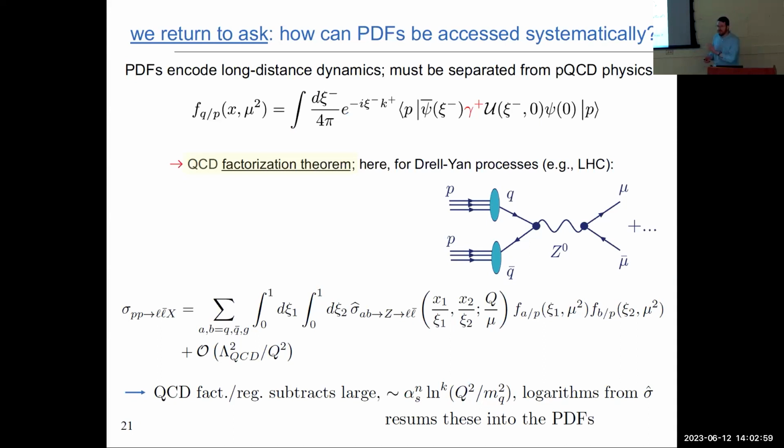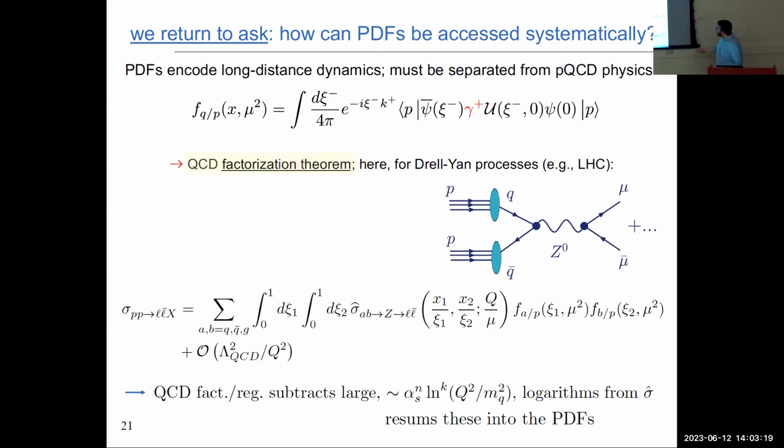So we would like to actually answer those questions that I just posed by analyzing and extracting the PDFs. How exactly do you do it? I gave you a little bit of a hint of how this works, of course. And as I mentioned before, the crucial thing is really QCD factorization that allows you to extract these types of